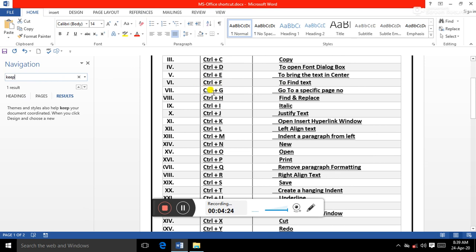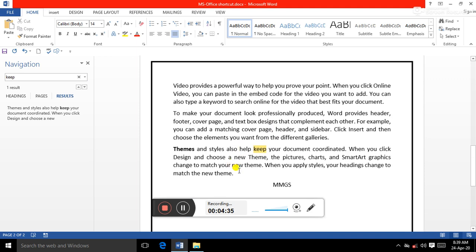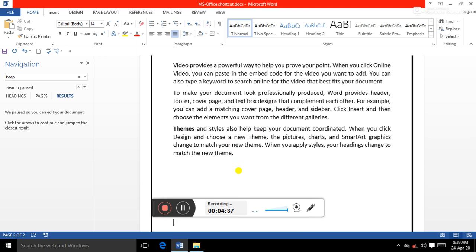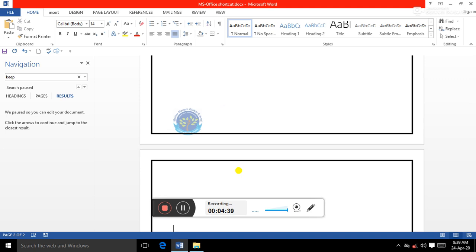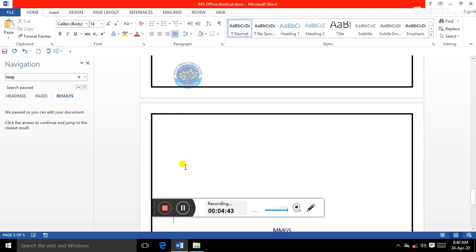Next command is Control plus G, go to a specific page number. Suppose in my document only 2 pages are there, but if there are so many pages, I have to create those pages. In the status bar it already shows that you are on page 5 of 5. It means in this particular document there are 5 pages and my cursor is on page number 5.